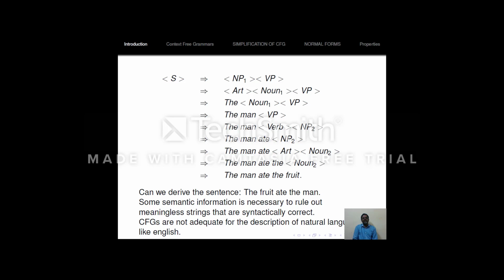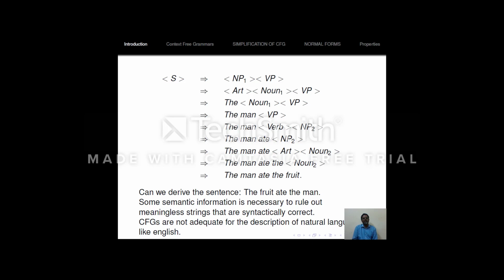But here, what is the difference? The man ate the fruit, the fruit ate the man. Both the sentences are generated by this grammar. Then we know that the fruit ate the man is meaningless. So we require some semantic information to rule out the meaningless sentences